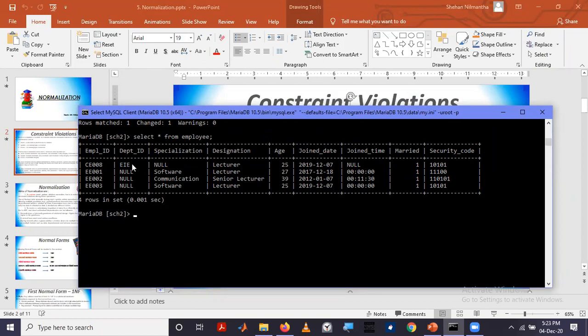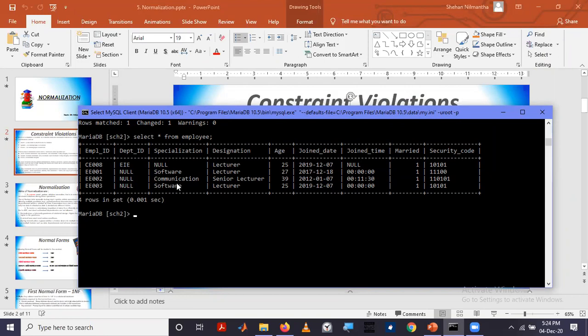The specialization has a functional dependency to department ID, because software should always map to EIE.